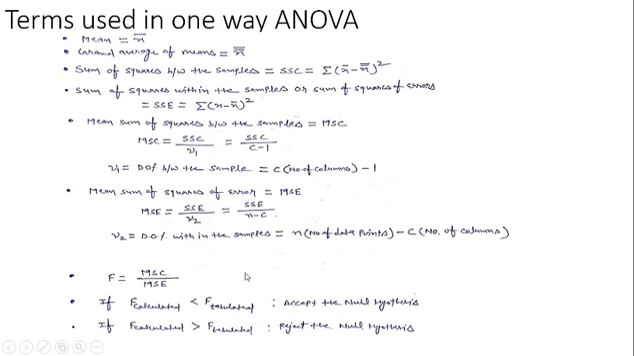The F statistic is defined by F, which will be the ratio of the MSC to MSE. If F calculated is less than F tabulated, then we will accept the null hypothesis, and if F calculated is greater than F tabulated, then we reject the null hypothesis at the